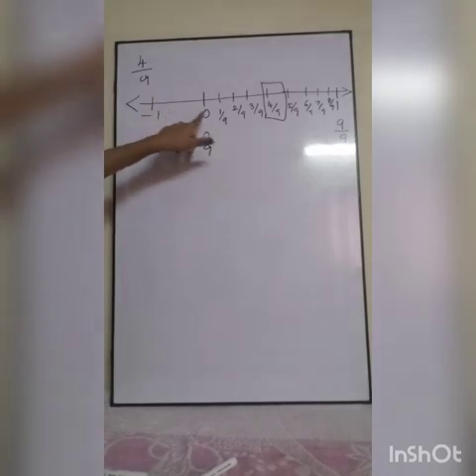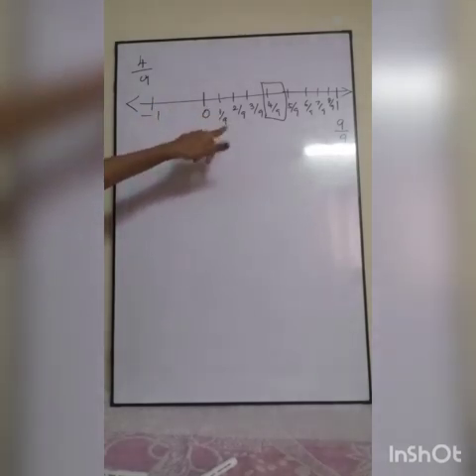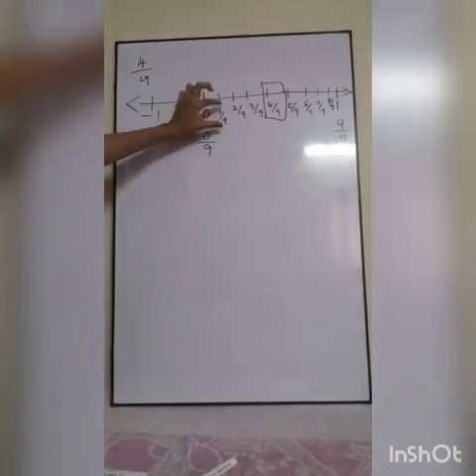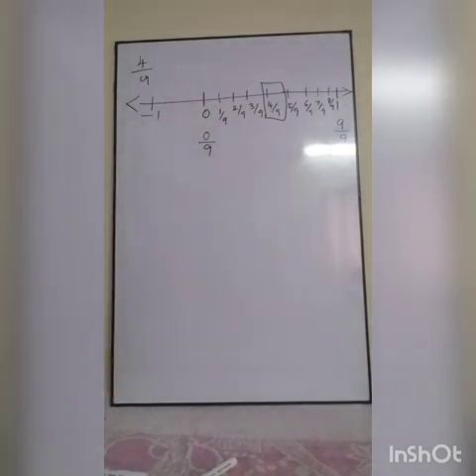See, between 0 and 1 by 9 there will be infinite rational numbers. You may say no, there will be no numbers, but not like that. Between 0 and 1 by 9 itself there will be many rational numbers. It is like a soil test: if you are digging, it goes on, right? The same thing.